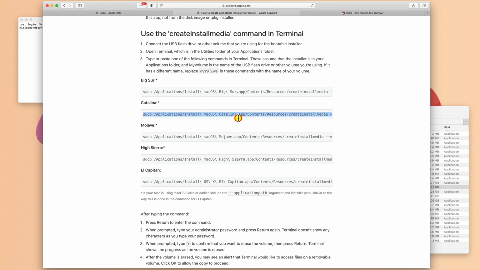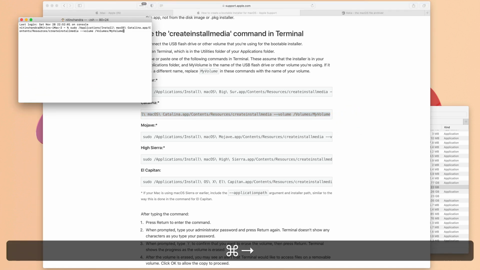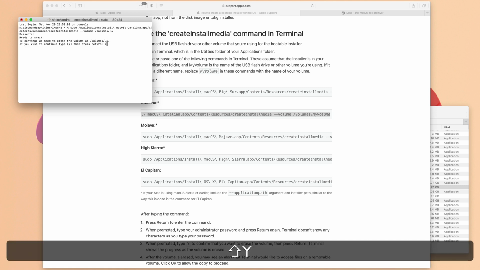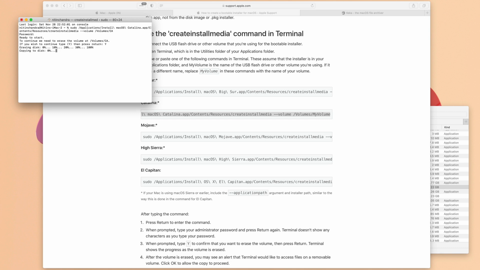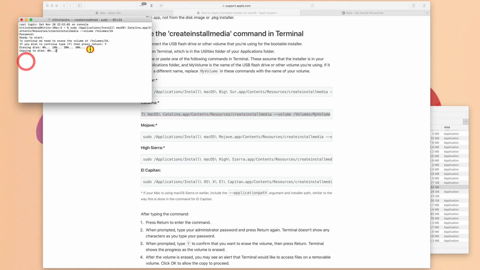Let's say Catalina, and since I have named that partition CA, I just change that here, press enter, enter your password, and a yes. Now the same step has to be repeated for all of these. Just copy, paste. Since all of them would not be untitled, you need to change the volume name, and that's about it.